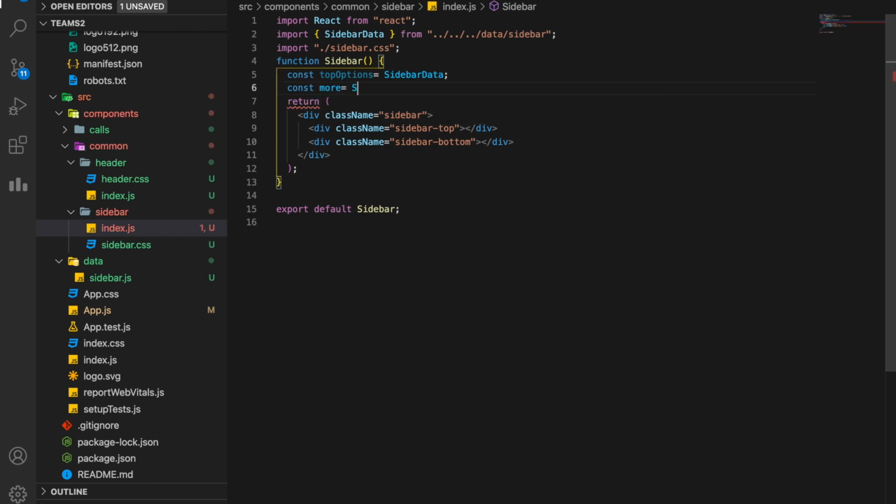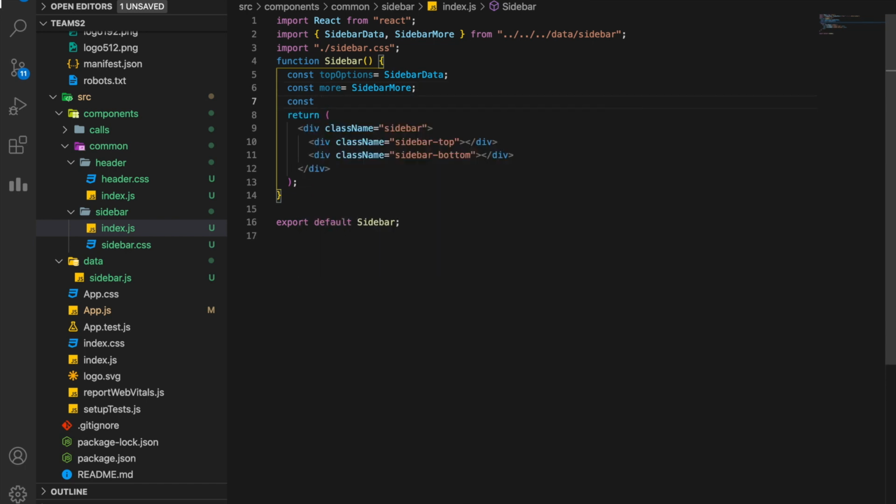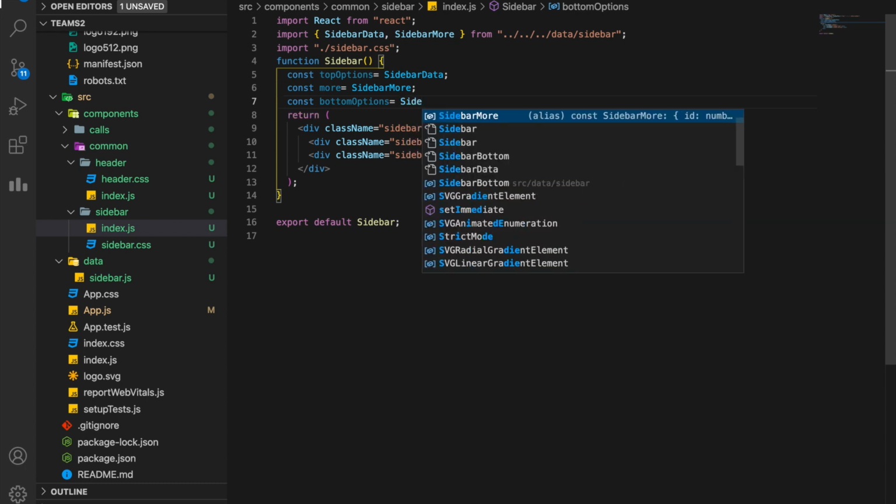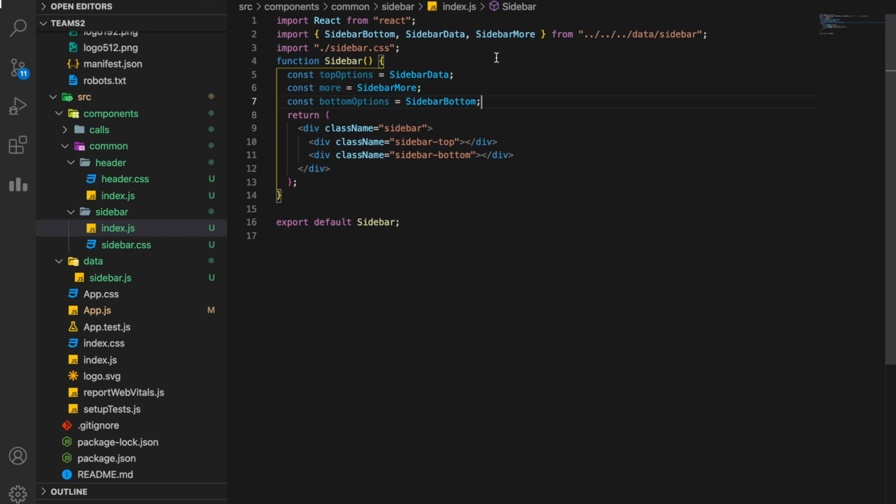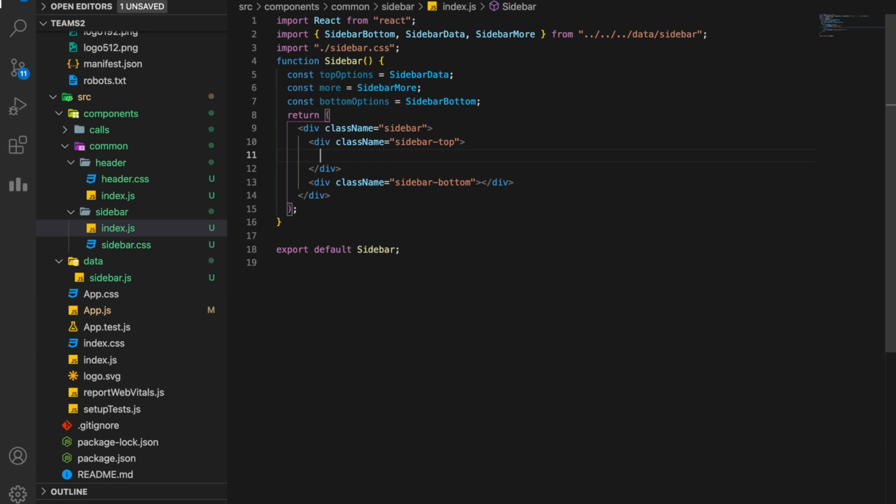More is sidebar more, and bottom is const bottom options. Bottom options is sidebar bottom. Okay, now you see all these were automatically imported from our data folder.